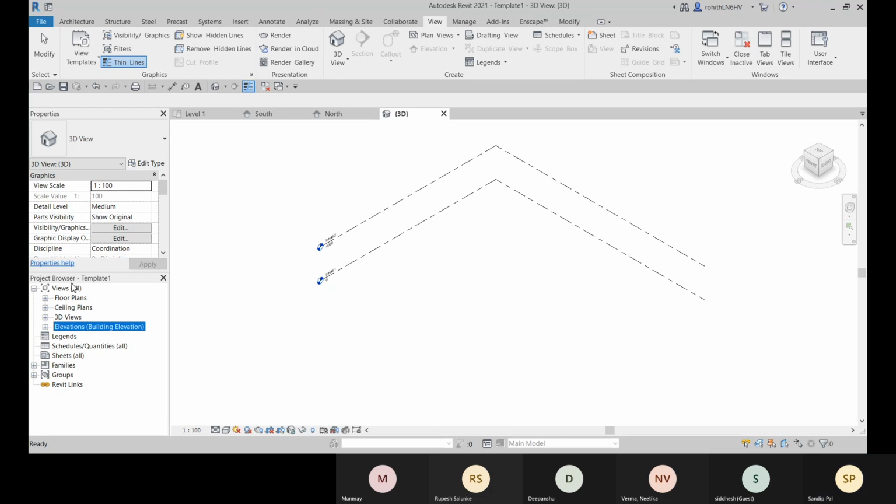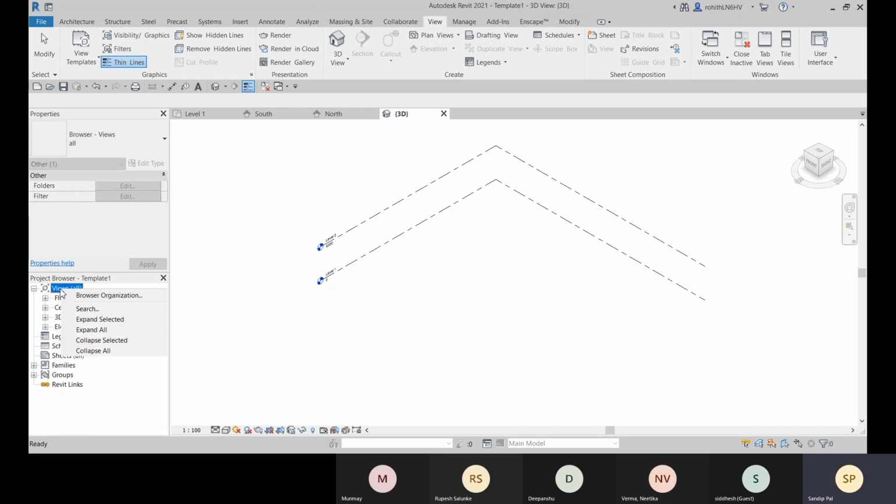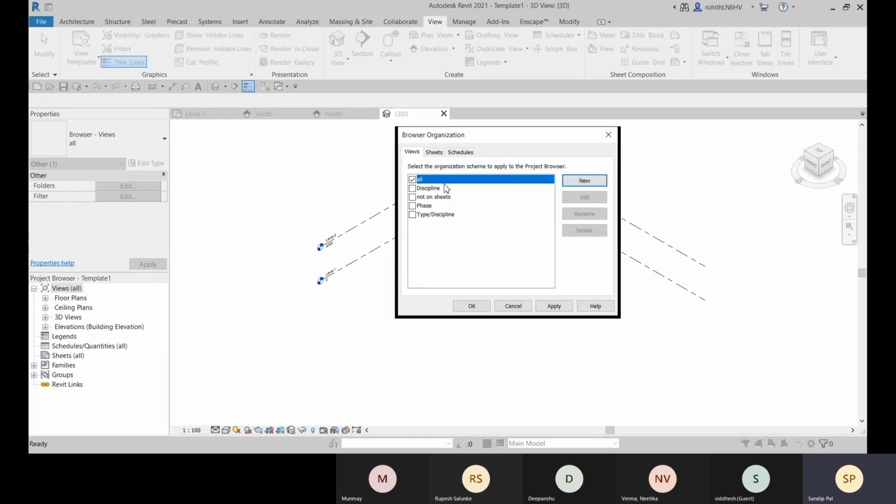So we can go to this project browser, right click and go for this browser organization. Click on this view option, right click on this view option and go for this browser organization. And you can see that all the views are selected right now.